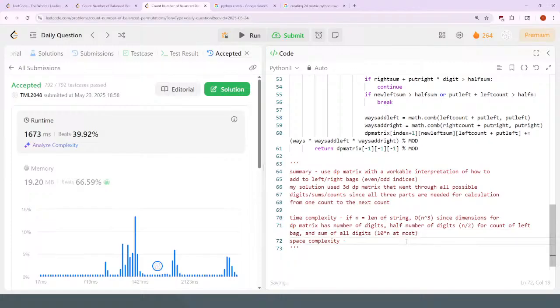Space complexity is going to be O of n cubed as well, to store the DP matrix. Alright, but if you guys find better solutions, then